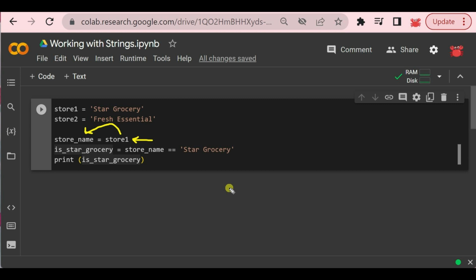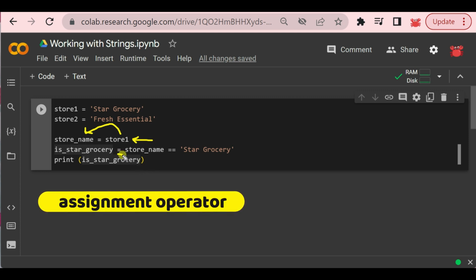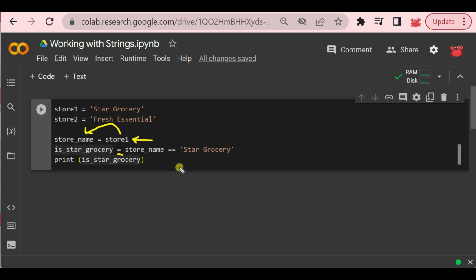This is why we cannot use an equal symbol, which is an assignment operator. The creators of Python adapted the double equal signs for this comparison operation. This sign is called the equality check operator. And the result of this check is stored in another variable,